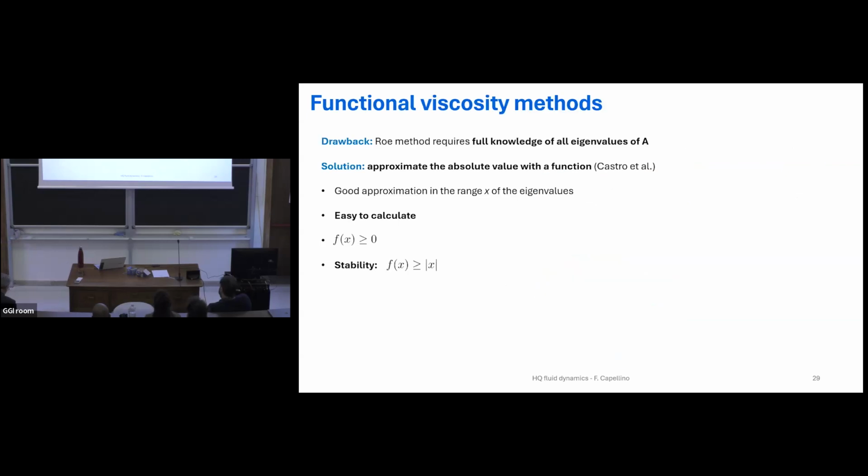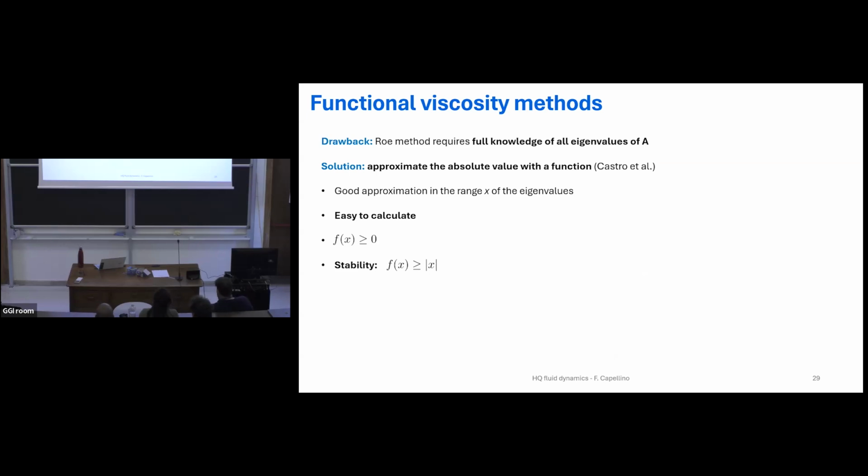But one drawback is that at this point, in principle, one should know the full structure of this A matrix. So one would need all the eigenvectors and eigenvalues in order to do this. And this can be very expensive because, for example, in our system in 1+1 dimension, only to solve all the equations for the heavy quark and for the bulk fields, we already have 7 equations, and we're just in 1+1 dimension. So the solution that was proposed by Castro and collaborators was to approximate the absolute value of this